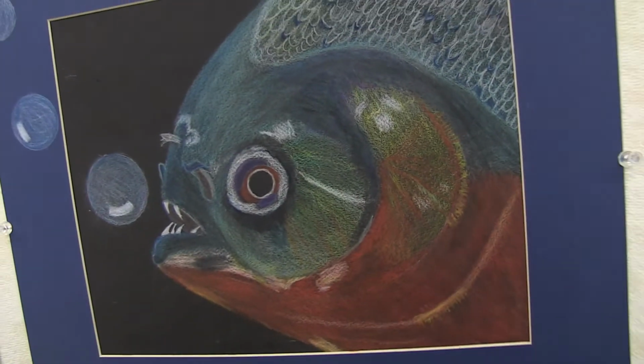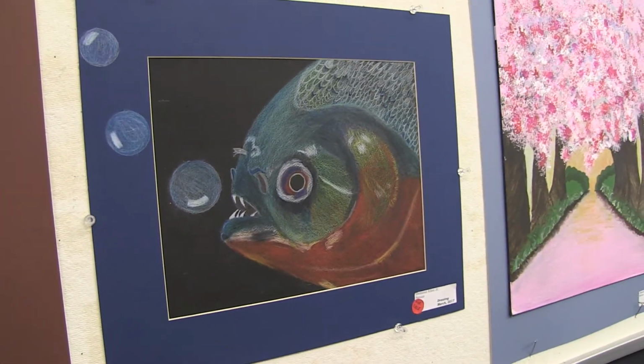In my past life, I did have pet piranhas, but for the piece, I printed out a picture offline. There's lots of colors in there, and how did you decide to choose the colors that you did, and what were some of the biggest challenges in creating this piece? I chose the colors because